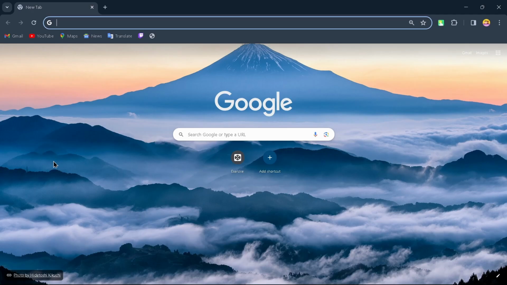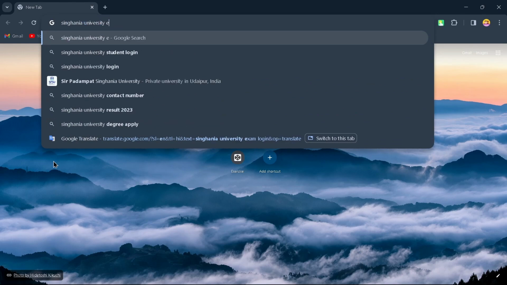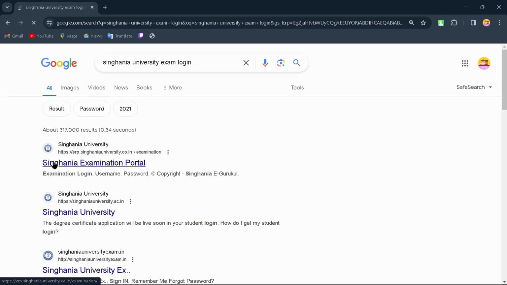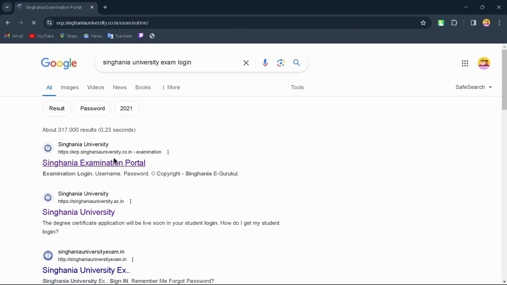So to log into your Singhania University's exam account, what you can do is just simply open up your browser. After opening up your browser, in the search bar you can search for Singhania University exam login. After searching for that option, you'll come up to this page. Now what you can do is just tap on this first option, which is Singhania